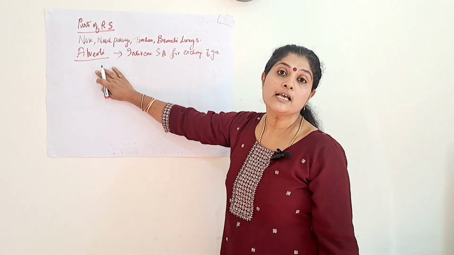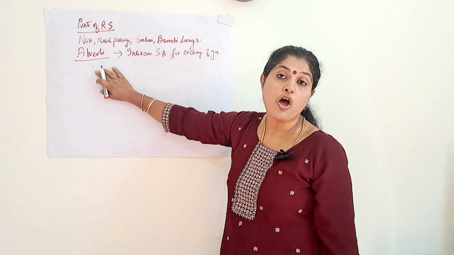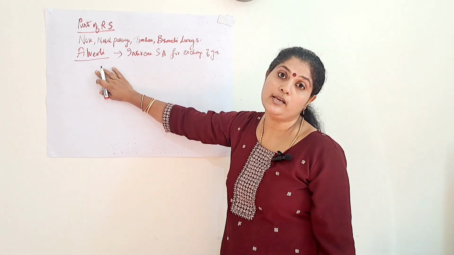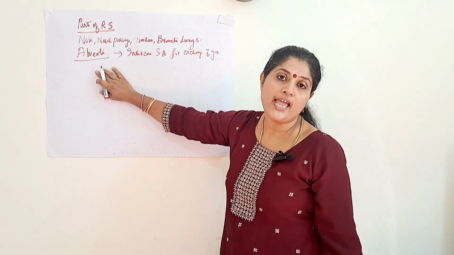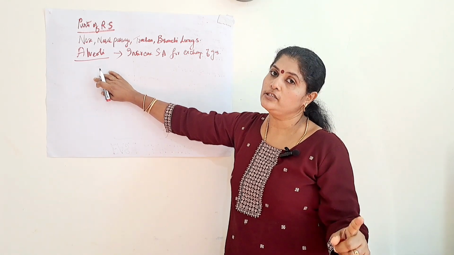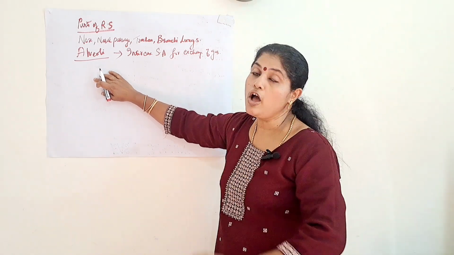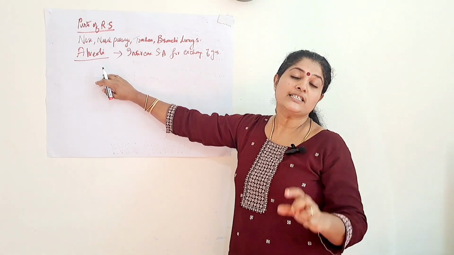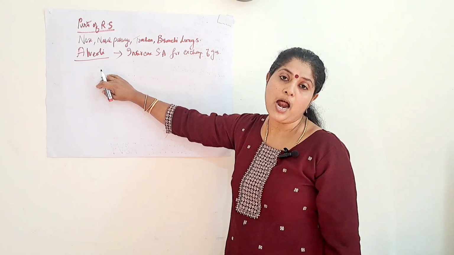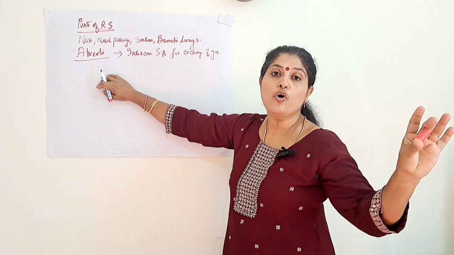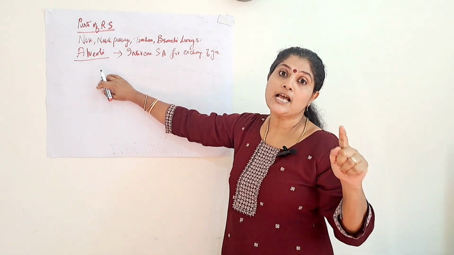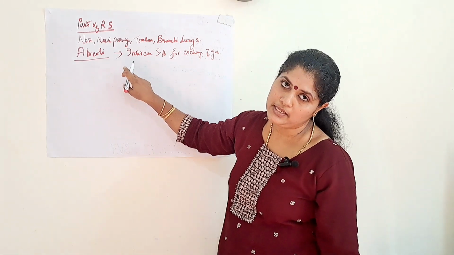Because it is surrounded by rings of small soft bones known as cartilage. That is why it is not collapsing even though the air is not present. So you have to concentrate on that area too in the respiratory system. These are the two main frequently asked questions in the respiratory part. Other than that, you should know the content fully. Along with that, the important areas you have to concentrate on, only those I am discussing now.